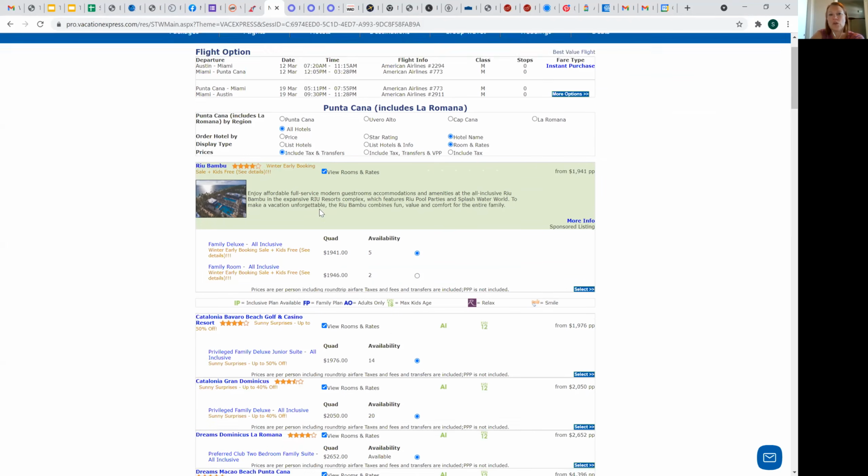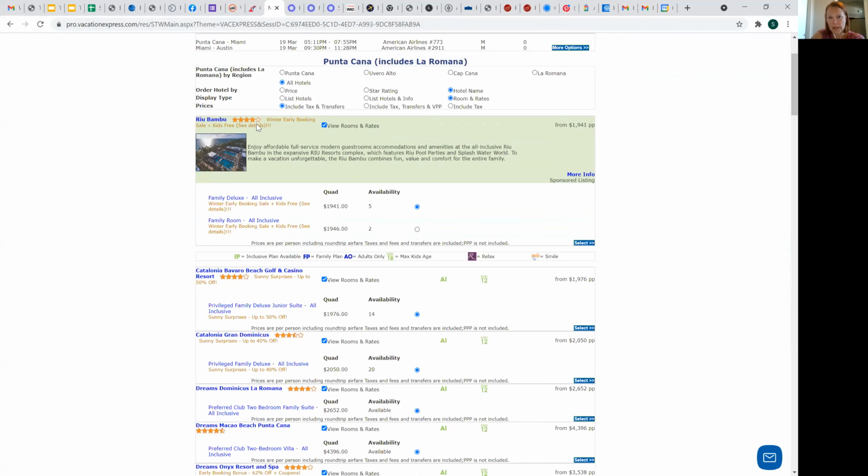I'm going to look at resorts. It's going to price me all hotels right now. I want it to include the taxes and transfers. It's going to break it down by hotel name and room and rates. So what I want to do is I'm going to go up here and click on Punta Cana because that's the area that they want to